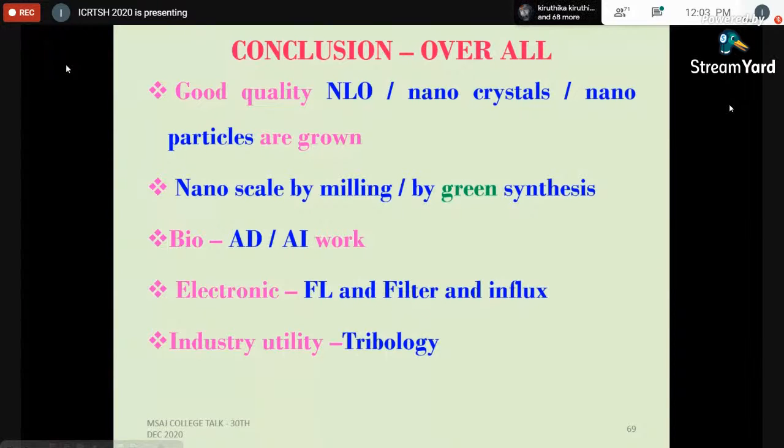The material is used for the purpose of anti-diabetic or anti-inflammatory applications only. That is what we have shown now. And the anti-cancer property is also there. That is yet to be discussed. And some of the